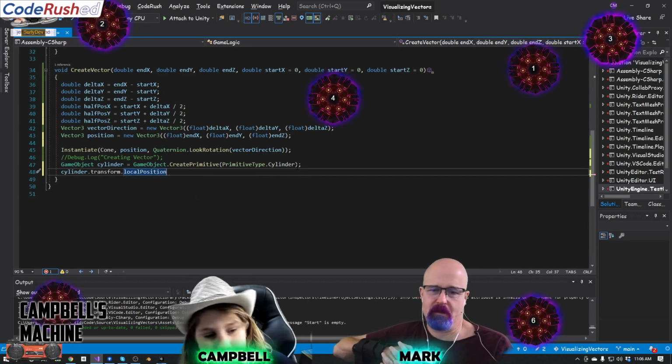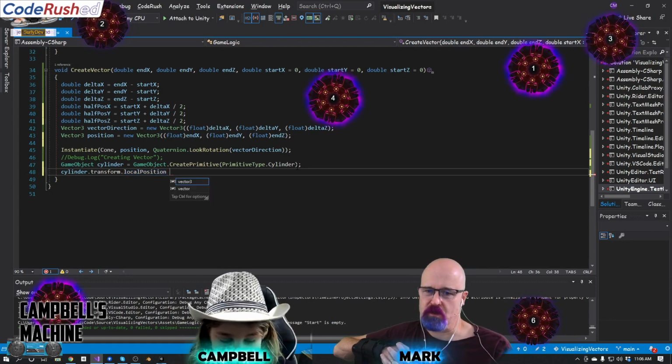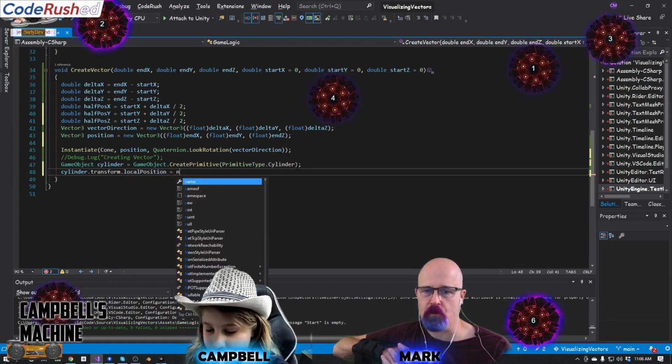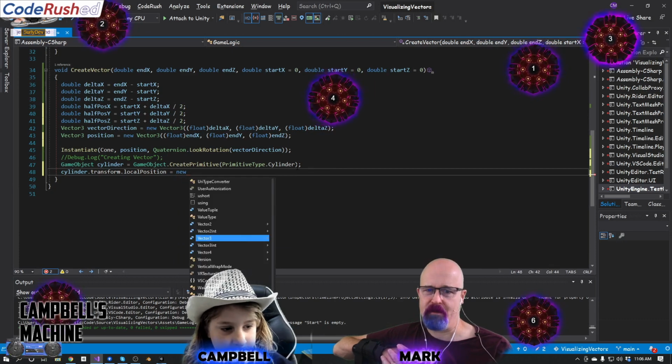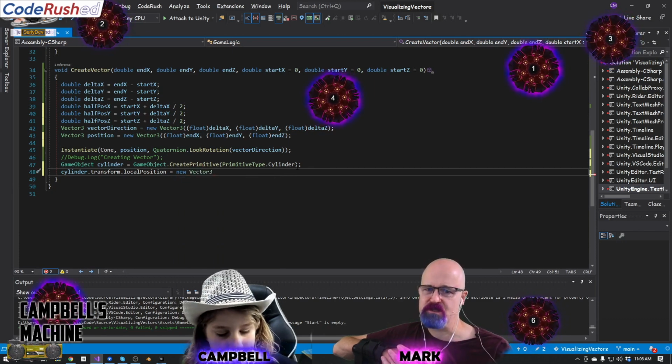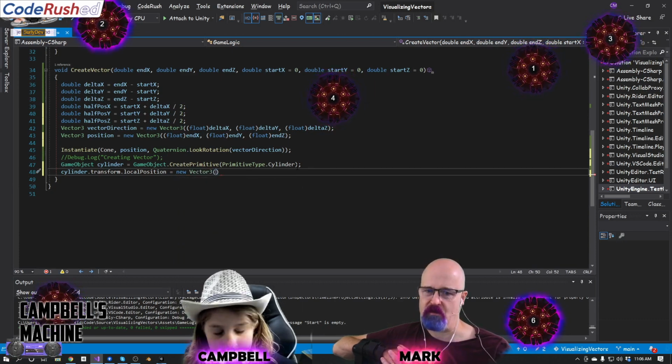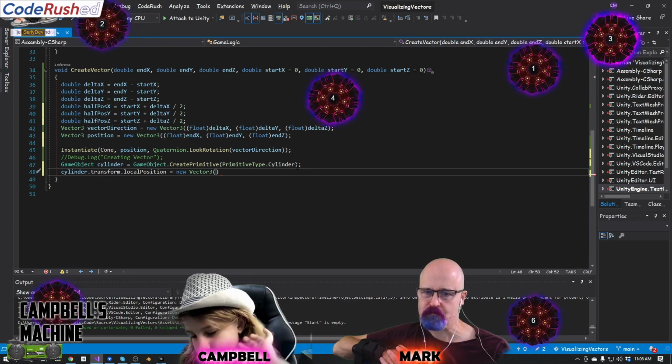So I'm like, you know what? I'm not going to worry about it. I've been loving the quaternion, how beautiful it is. I love that look rotation call on line 45 above. That has made it so easy to figure out what I thought was maybe going to be tricky. So this is